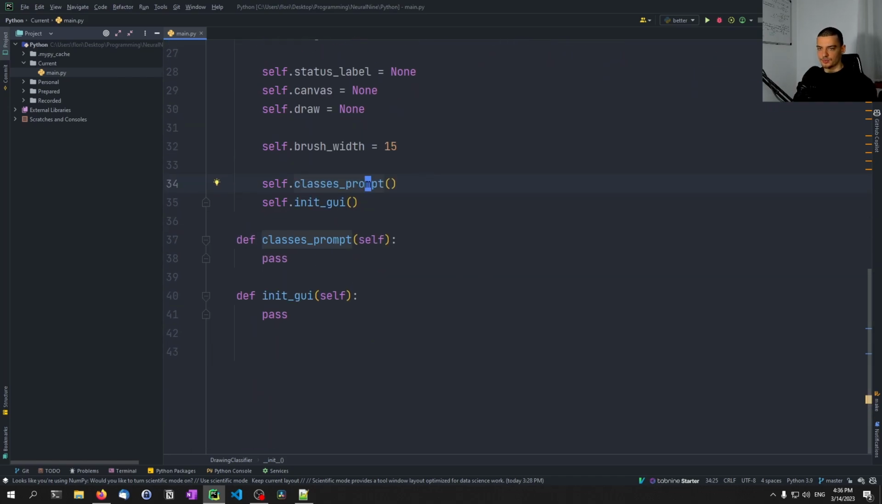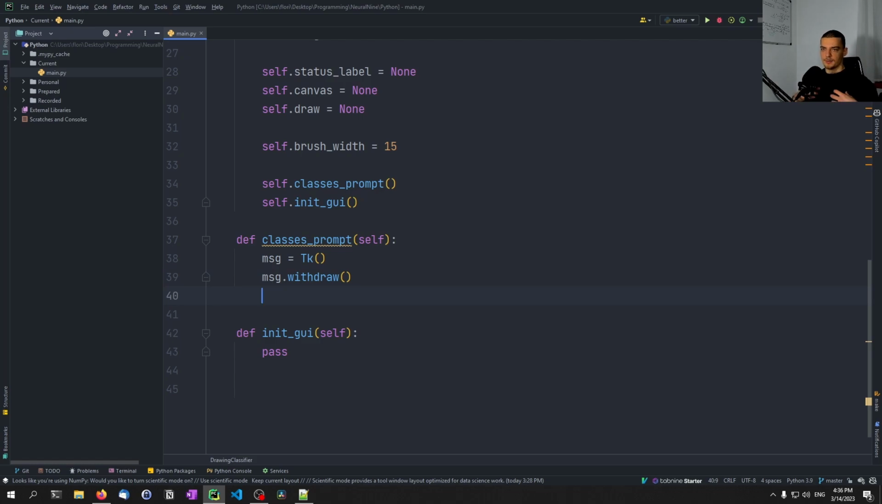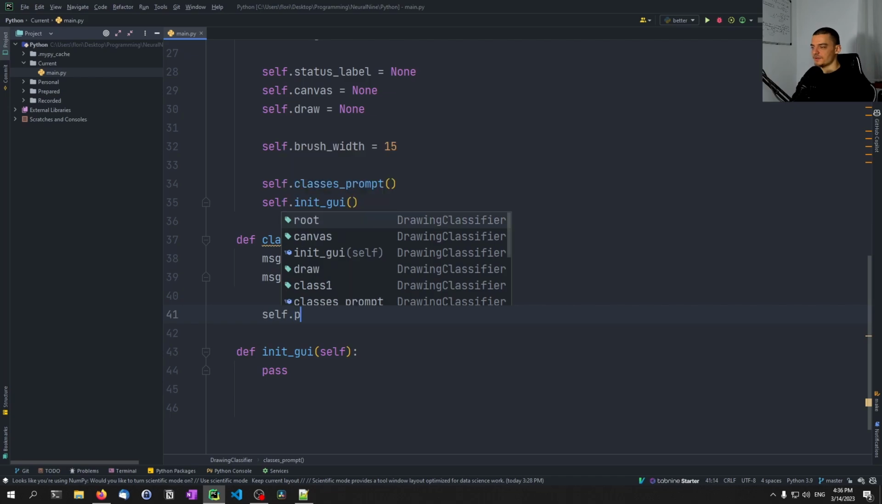So for the classesPrompt, this is going to be quite simple. We're just going to say that the message is going to be Tk, so a Tk instance. We're going to say message.withdraw, so we just want to have a window that we can work with, but we don't want to necessarily display a window. And then we're going to say self.projectName